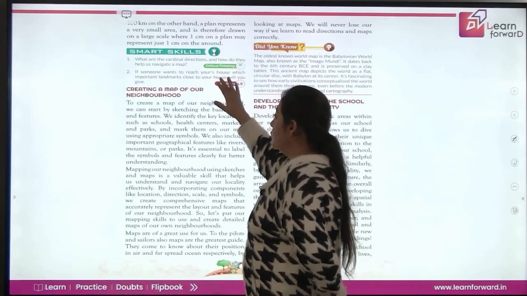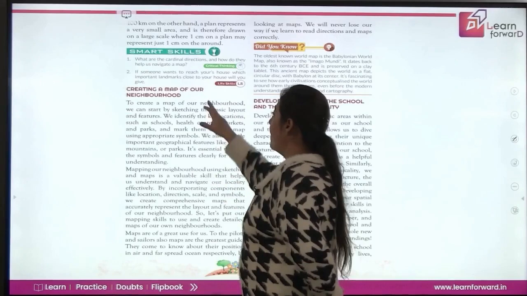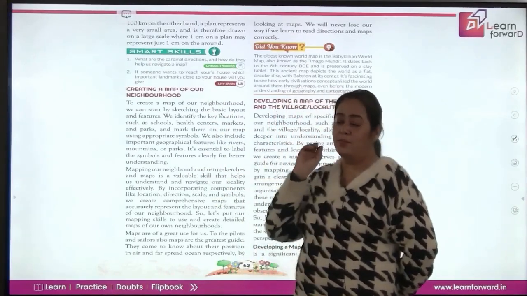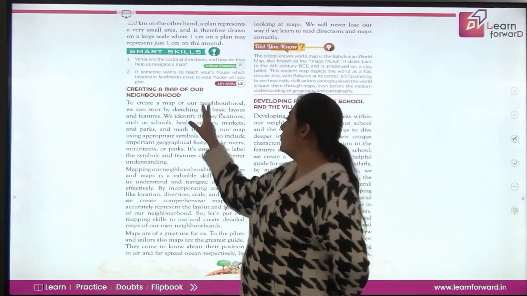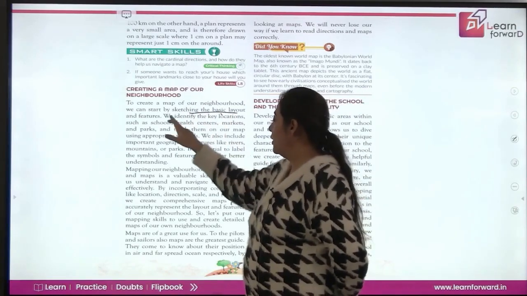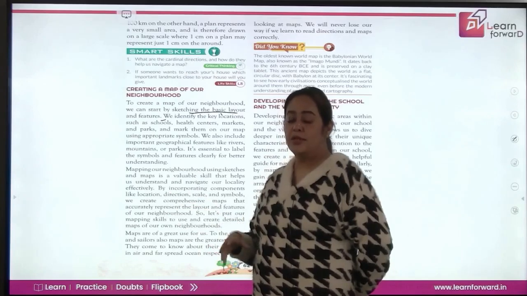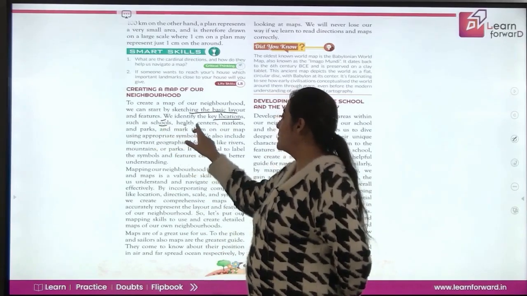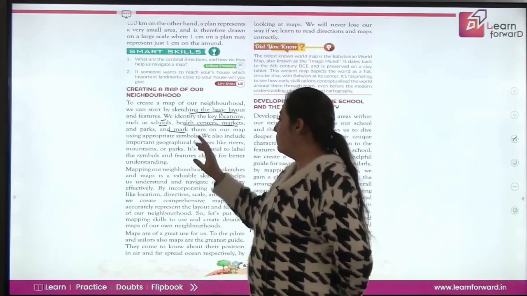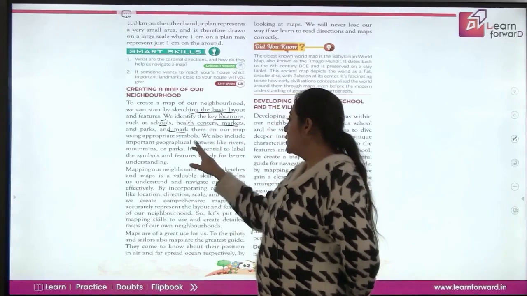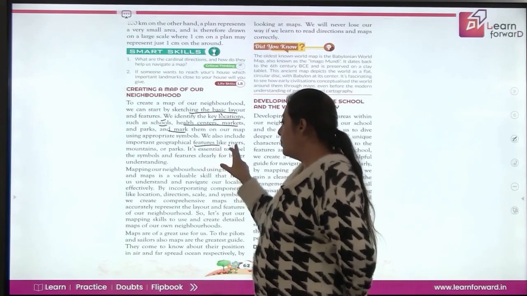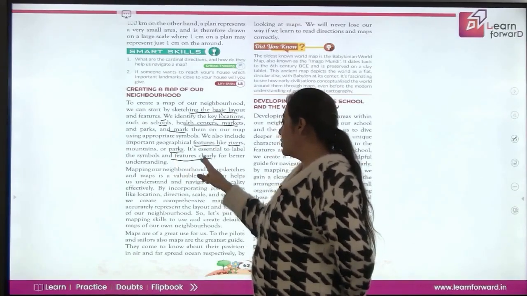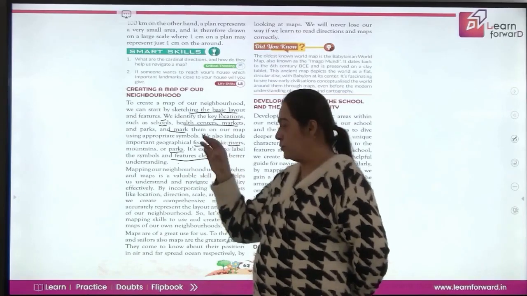Now let's come to how do I create a map of a neighborhood. अब अगर मेरे को, बहुत इंटरेस्टिंग टास्क है, प्लीज नोट, प्लीज डू इट, राइट? टू क्रिएट अ मैप ऑफ अ नेबरहुड वी कैन स्टार्ट बाय स्केचिंग द बेसिक लेआउट। हमें हमारे मैप में क्या क्या चीजें हैं उसका बेसिक लेआउट बना लो, फिर लोकेशन बना लो कि यहाँ पे स्कूल है, हेल्थ केयर सेंटर है, मार्केट है, पार्क है, और मैप में अप्रोप्रिएट सिंबल से मार्क कर दो। इसके अंदर आप ज्योग्राफिकल फीचर्स भी डाल सकते हो कि यहाँ पे रिवर है, यहाँ पे लेक है, यहाँ पे माउंटेन है, और इसके लिए आप अंडरस्टैंडिंग के लिए सिंबल्स यूज कर लो।